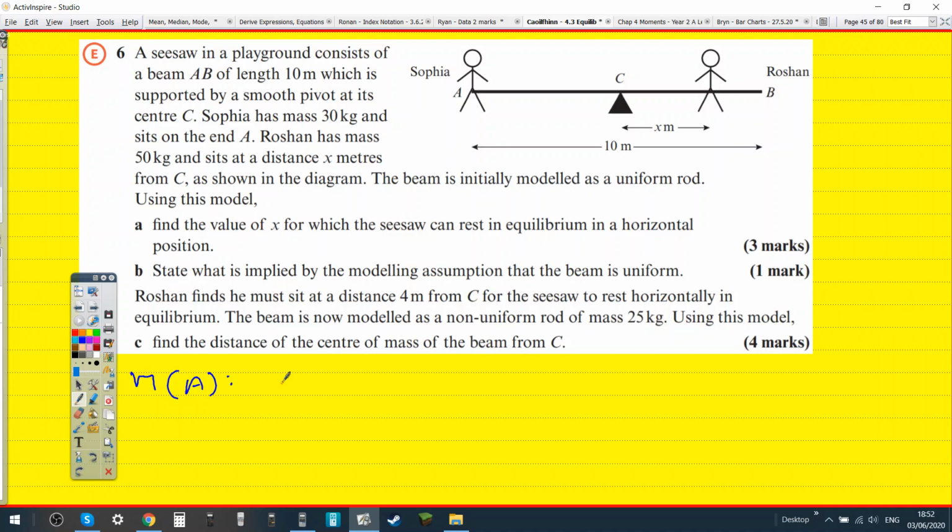No, it's not. Okay, no, C isn't, it's not uniform anymore, so